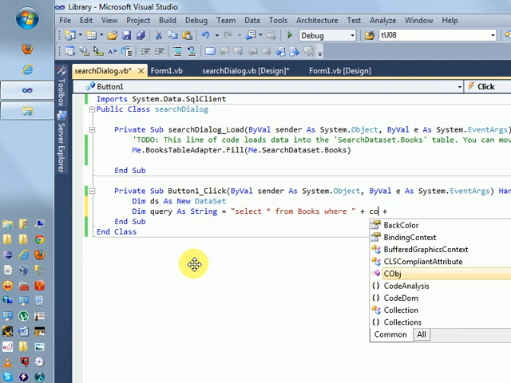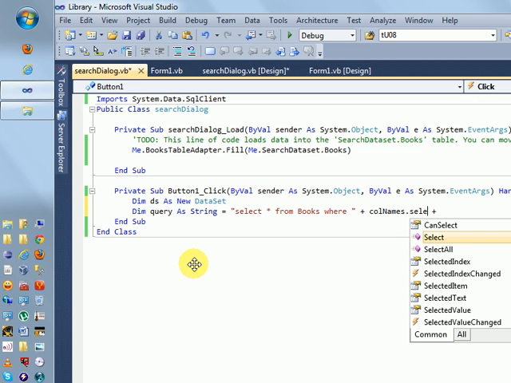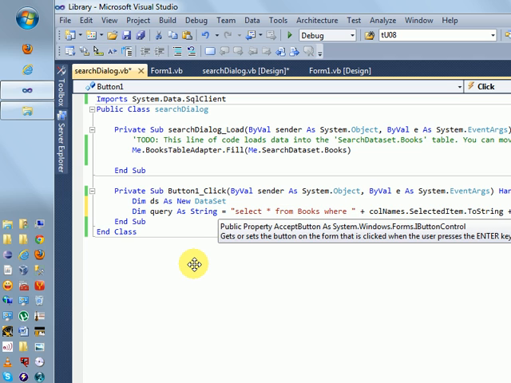Selected item, not string, plus. Okay, where this is